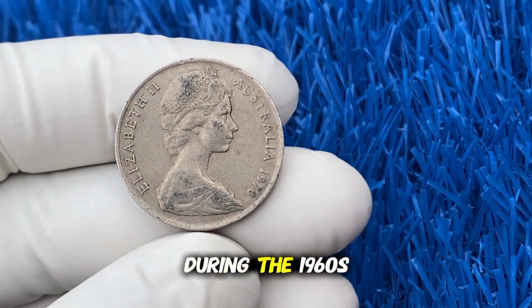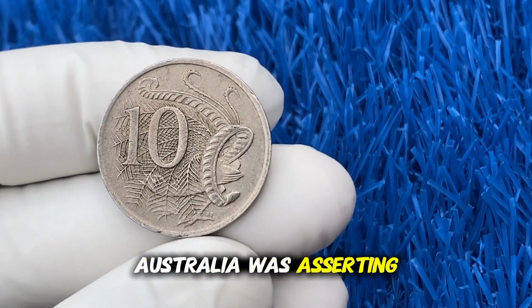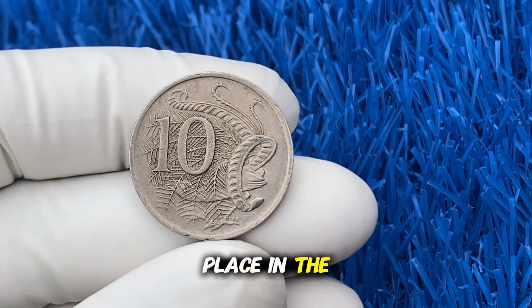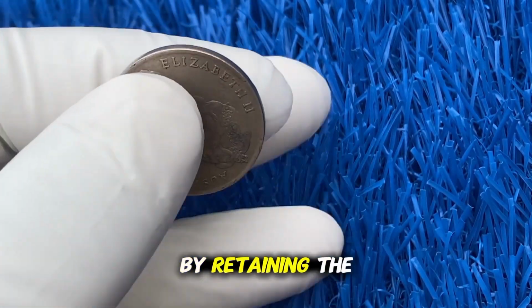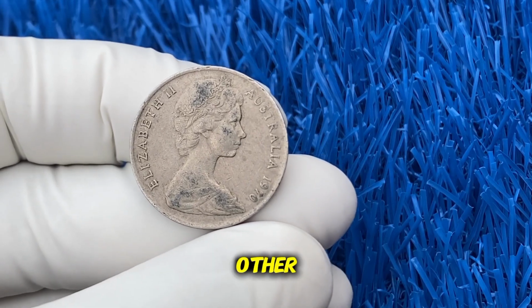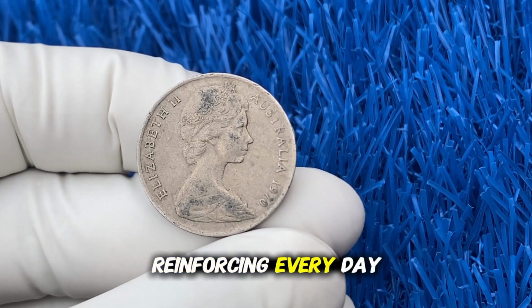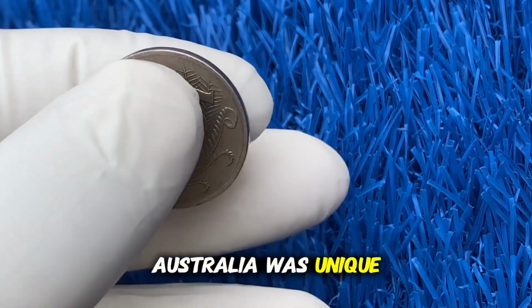Beyond rarity, the 10-cent coin tells a deeper story of Australia's journey in the late 20th and early 21st centuries. During the 1960s, when decimalization occurred, Australia was asserting itself as a modern independent nation, balancing its historic ties to Britain with its new place in the Asia-Pacific region. The coinage reflected this transition. By retaining the monarch on one side and distinctly Australian imagery on the other, the 10-cent coin thus became a pocket-sized ambassador of national identity, reinforcing every day to millions of citizens the idea that Australia was unique,